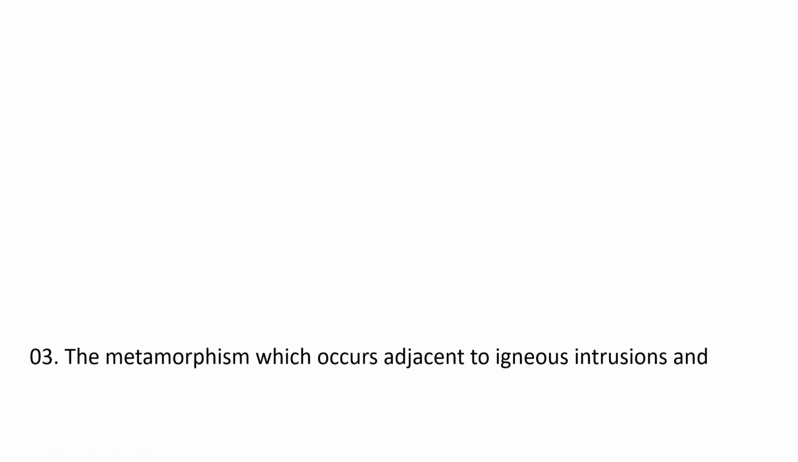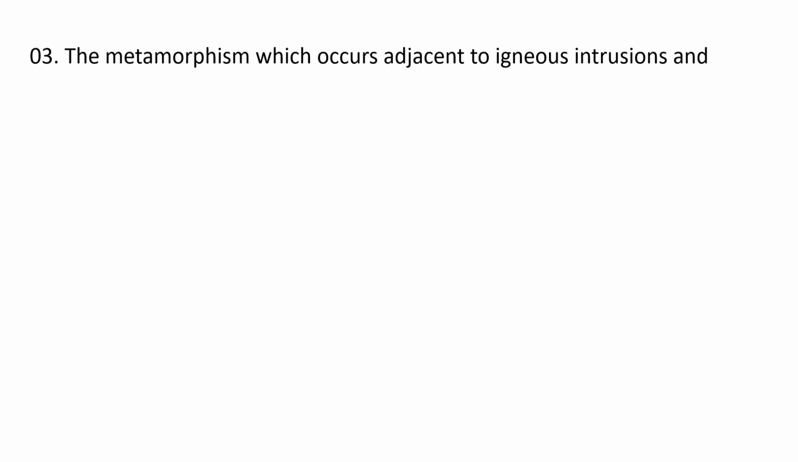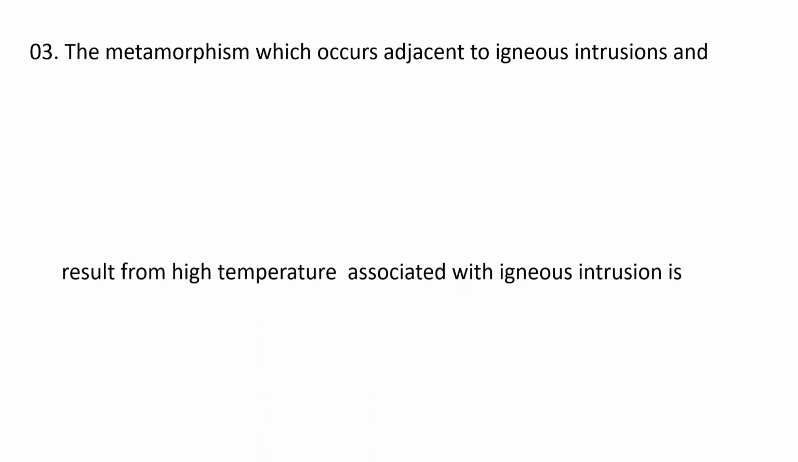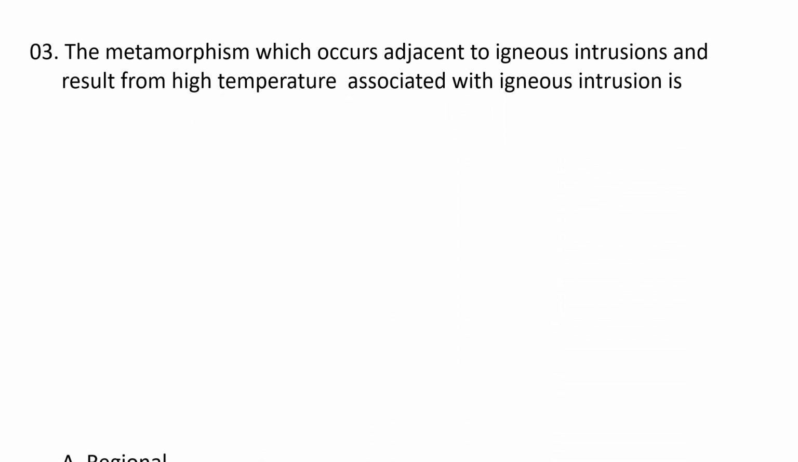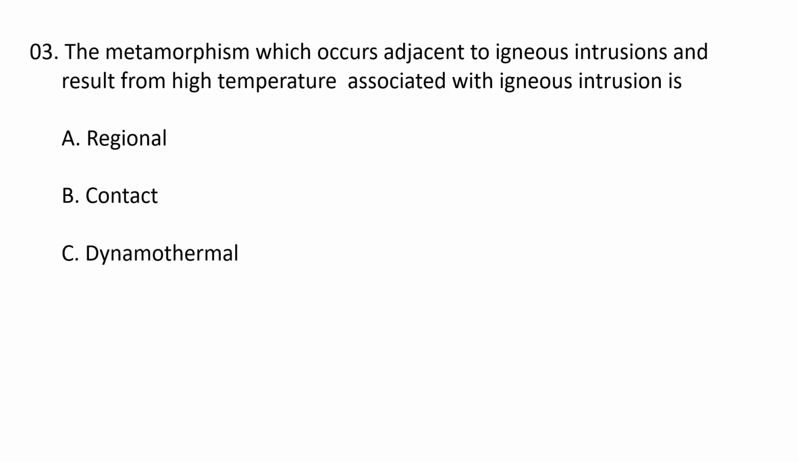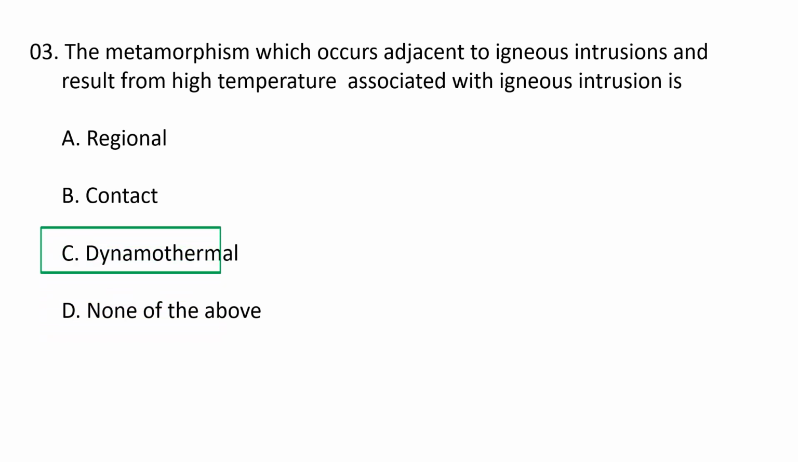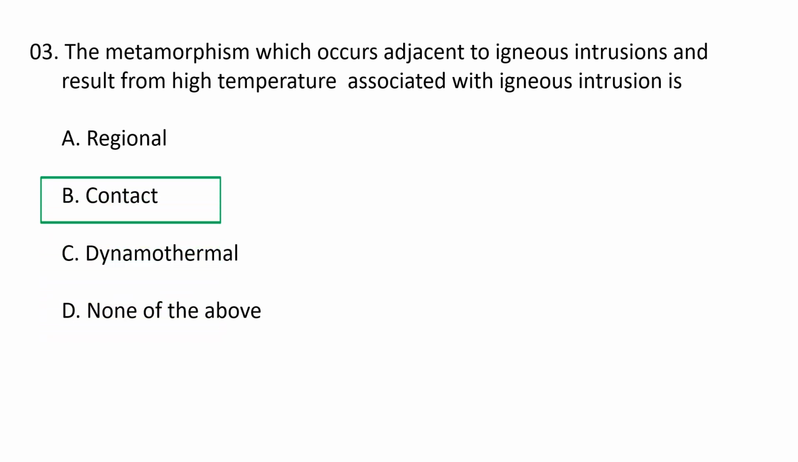Next question. The metamorphism which occurs adjacent to igneous intrusions and results from high temperature associated with igneous intrusions is A. Regional, B. Contact, C. Dynamothermal, D. None of the above. So the metamorphism which occurs adjacent to igneous intrusions and results from high temperatures associated with igneous intrusions is known